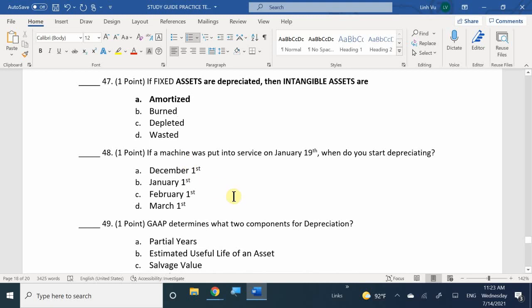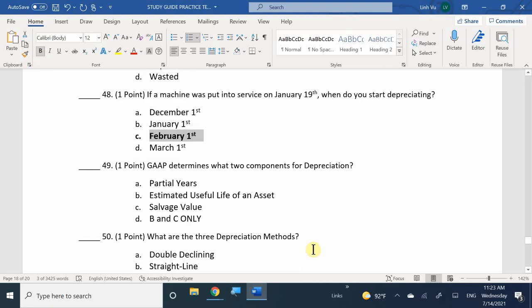Number 48, okay? If a machine was put into service as of January 19, when do you actually start depreciating it? C. February. C, February. Okay. Number 49,